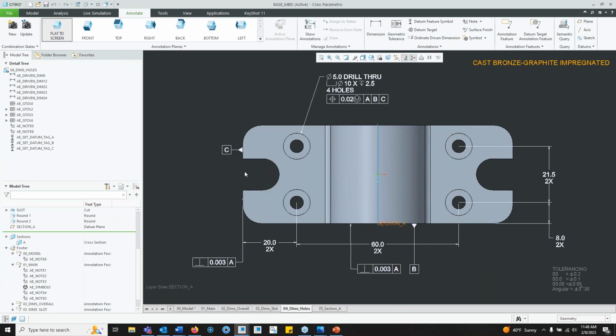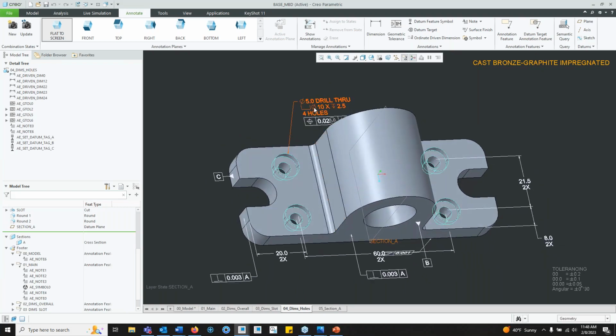And then this dimensioning is calling out our holes. You can see, again, where I'm hovering over this dimension right here, it's calling out our holes. And this is because I added all the holes as references for this dimension. When you're dimensioning in here, which we'll get into a little bit further in a second, but when you're